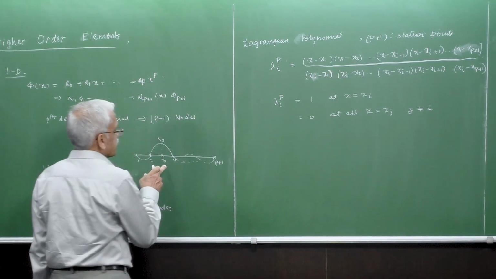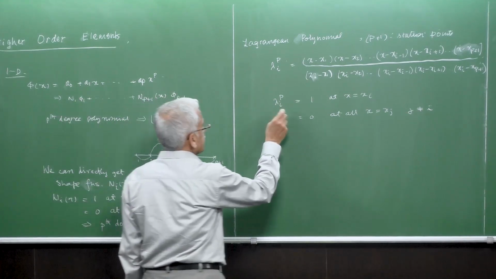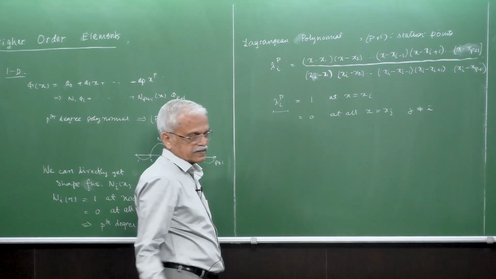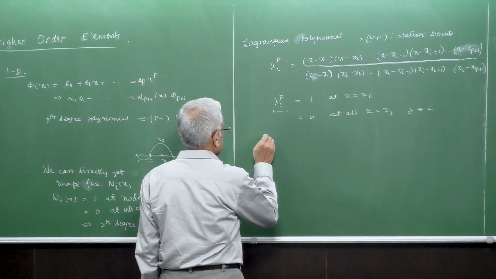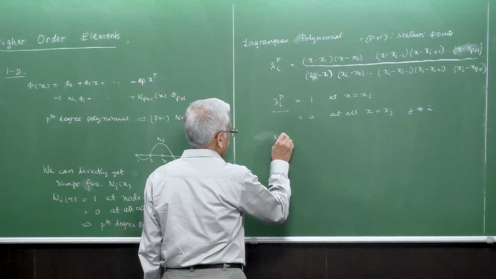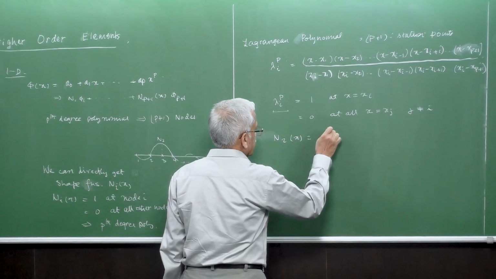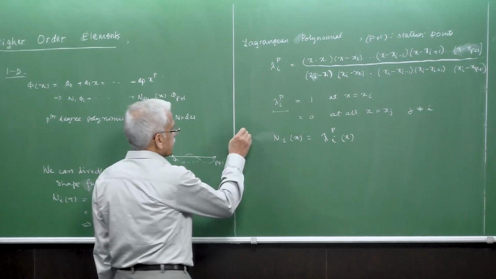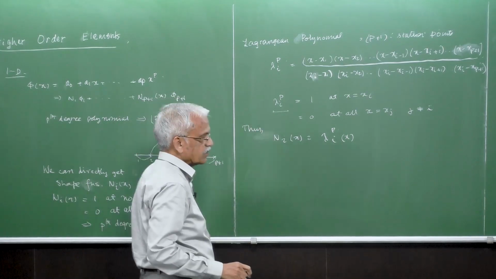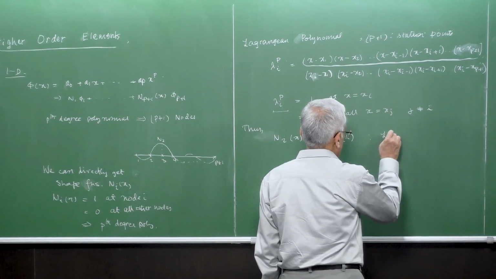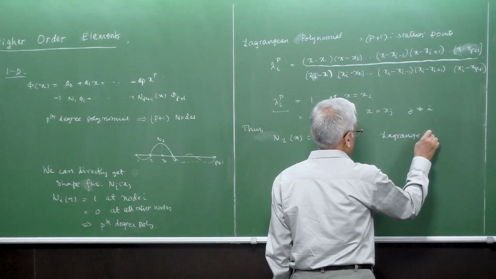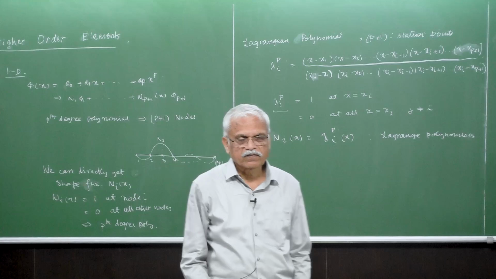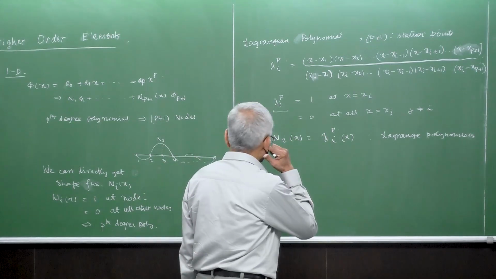So this is also illustrated here. This is for N3 here. Well, this is the representation for the Lagrangian polynomial. So it's a pth degree polynomial corresponding to the ith station point or ith node here. So here, that means that our Ni(x) is nothing but the Lagrangian polynomial. Thus the shape functions are simply equal to the Lagrangian polynomial. So this is a very simple way of constructing the shape functions for the 1D case, and we can write it